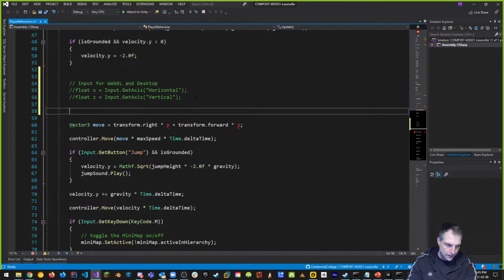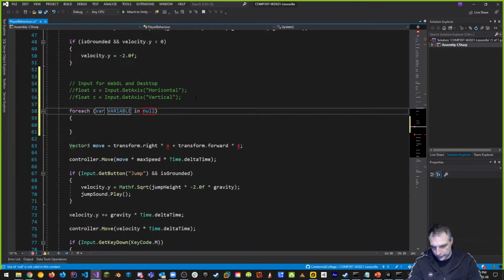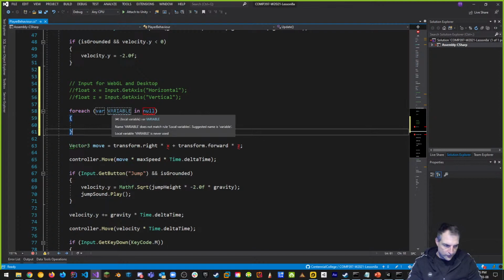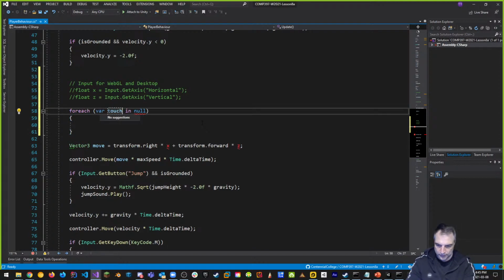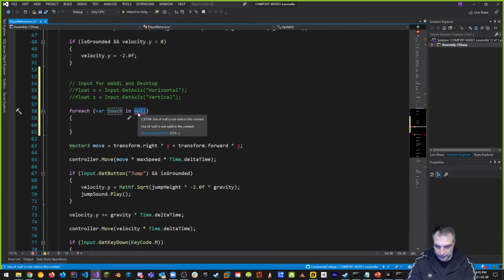Well, I'm going to say that for each statement, we're going to write that for each statement. Remember, whenever I write for each here, it's going to try and complete the statement for Unity. It's going to say for each variable, for each touch, right? For each touch in input.touches,